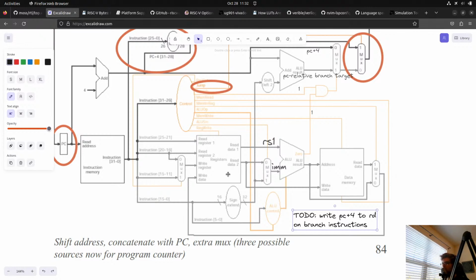But I think what I was confused about is, write PC plus 4 to RD on branch instructions. Here it looks like the write data is either coming from the ALU output, which the program counter is never going into, right?